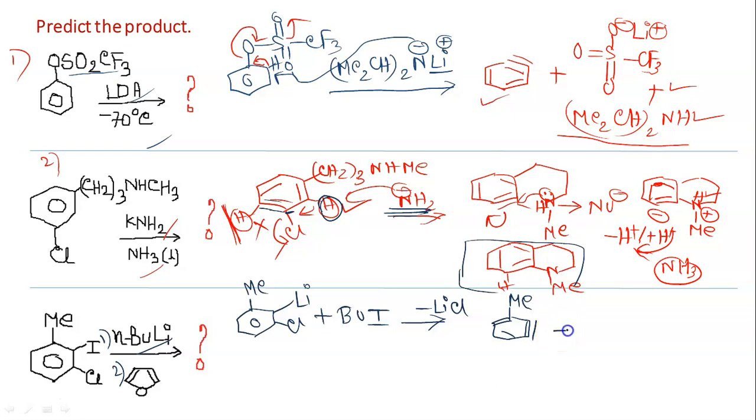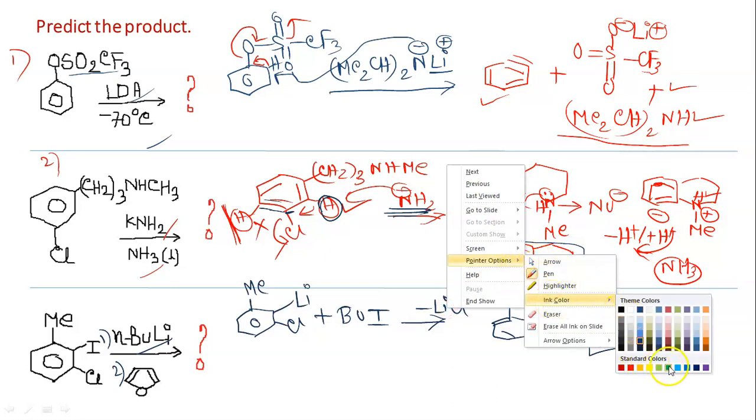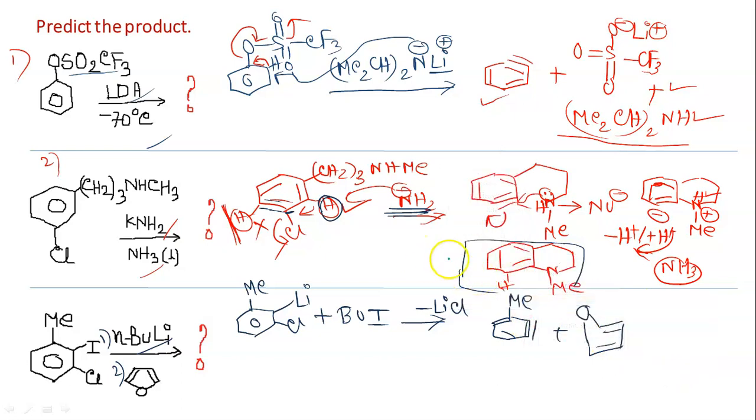We have in the reaction medium furan. Now I will write the furan in a special way, in this way, though I should not write it in this way, but so that we can understand the mechanism very easily, I am writing it in this way. So what will happen? Diels-Alder adduct will take place. Diels-Alder adduct formation.